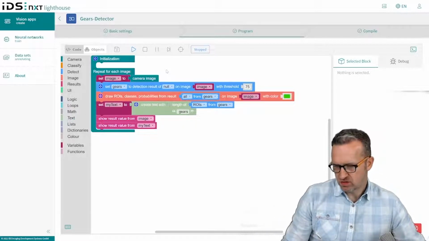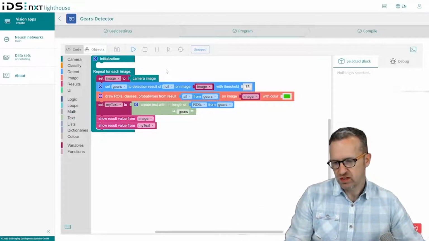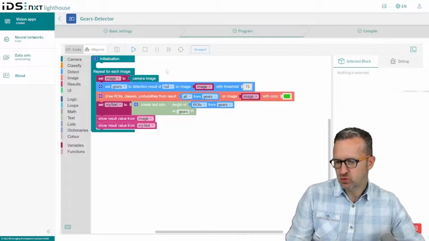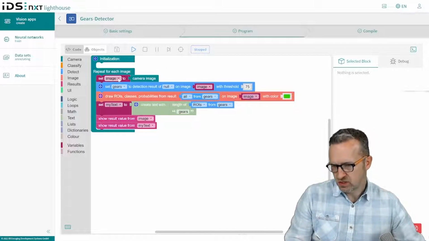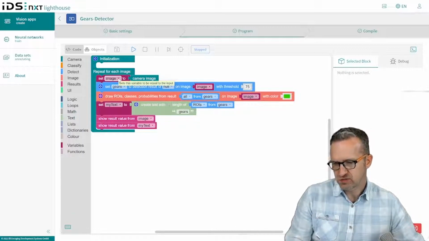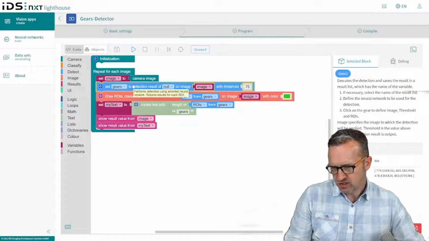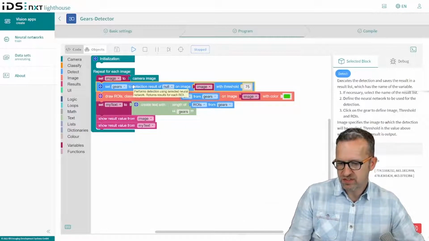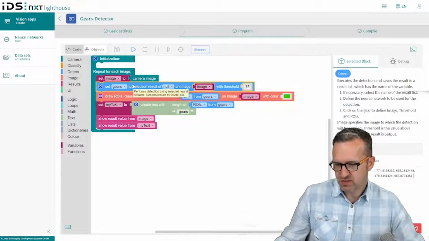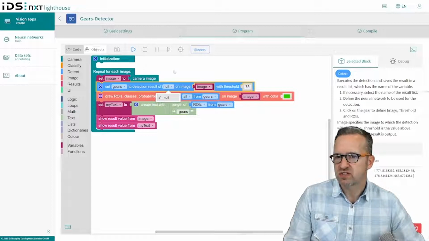So for our really basic app, we do not need any initialization work and can start directly in the main loop, which is running through each camera image, and we first get a variable here for the current image we want to work with. After that, we use the detection analysis block with a detection threshold of 75%. And you can also see that no CNN is actually set. That is what we do together now.